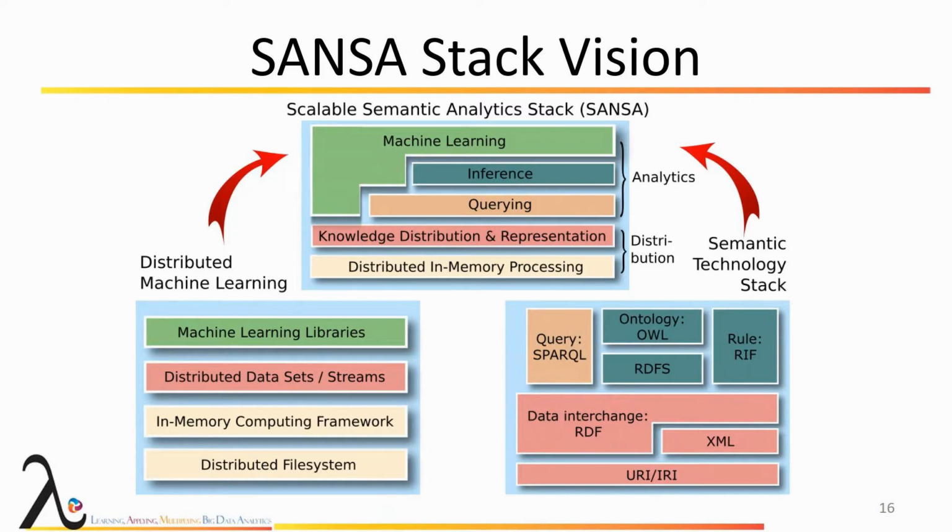So the idea behind SANSA is to combine these two, to combine these distributed computing frameworks like Apache Spark and Apache Flink, and to make them work with the data that is already there, represented in the form of RDF standards. So what SANSA does is it combines these two approaches and it offers several layers or APIs that ingest this RDF data coming in several different formats and to be able to perform query, inference, and analytics. We will cover these details later in this presentation.